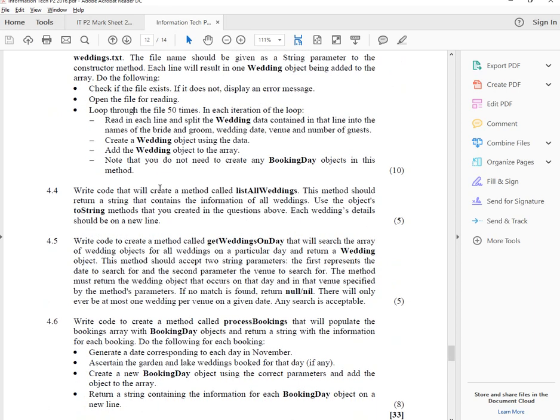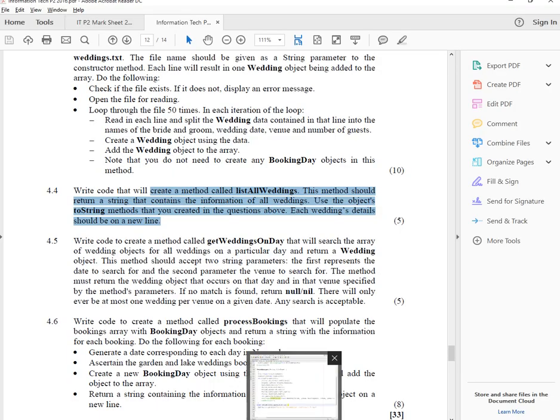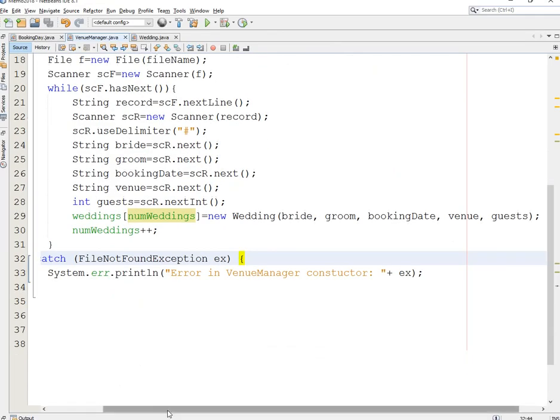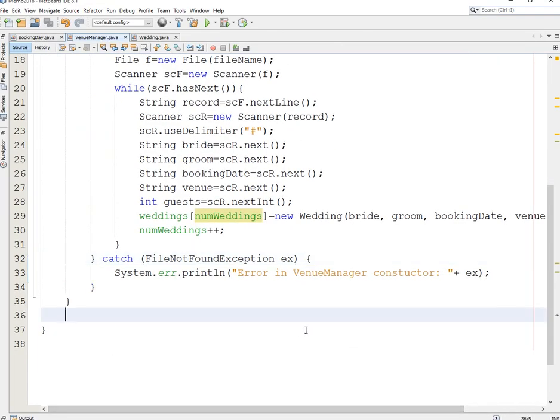So now we go down and it says write code that will create a method called list all weddings. This method should return a string containing all of the weddings informations that you created above. Each wedding detail should be in a new line. So list all weddings, this is basically a toString that we learned as well. It's the same thing. Public